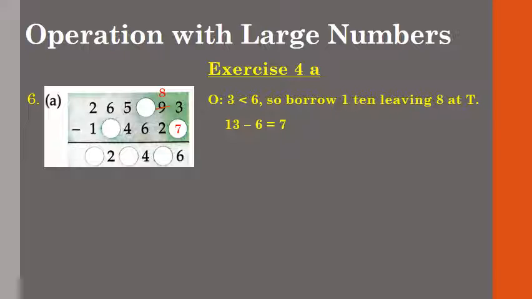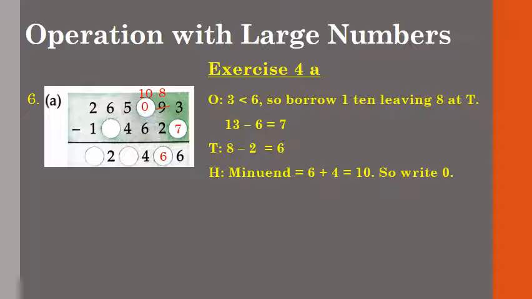So in order to make it larger than the difference, what do we have to do? We have to borrow 1 from the 10 place, and then what is left at 10 place? 8 is left at 10 place, and now at 1's place we have 13, and 13 minus 6 is equal to 7. So the first missing digit is 7. Now at 10's place, we know that we have already borrowed 1 ten, so what is left? 8 is left. So 8 minus 2 is equal to 6.